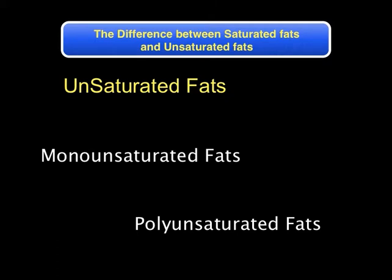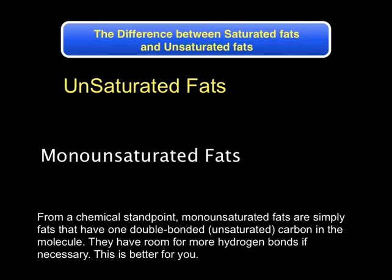And from a chemical standpoint, they're simply fats that have one double bonded unsaturated carbon in the molecule. So they have room for more hydrogen bonds, which is, as we mentioned before, better for you, great for absorption, and they can also carry the nutrients a lot better throughout your body. So monounsaturated fats are typically the healthy type and allow absorption, allow cell regeneration, and maintaining a great cell membrane